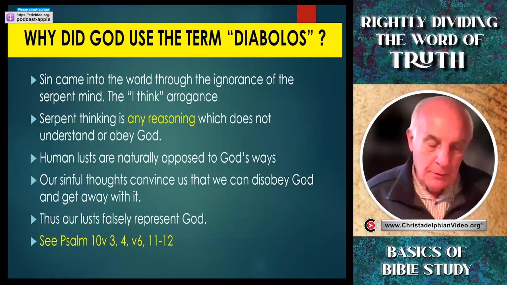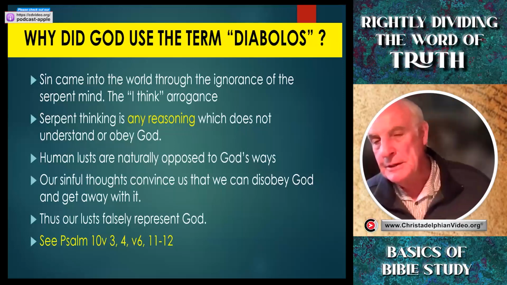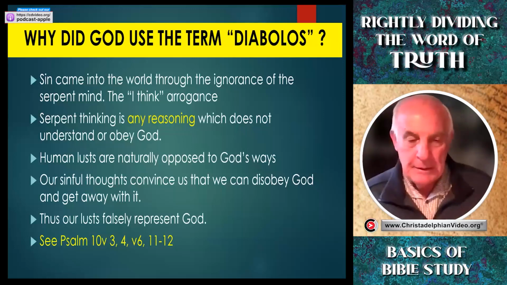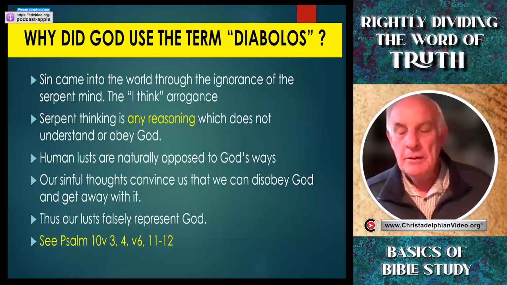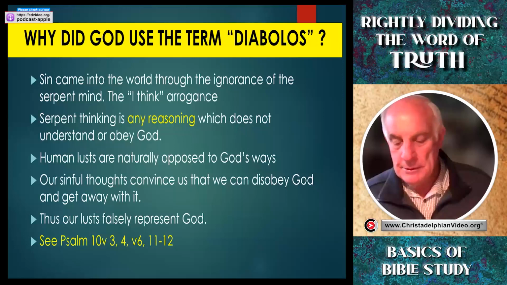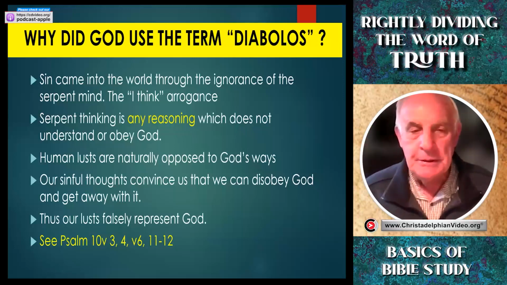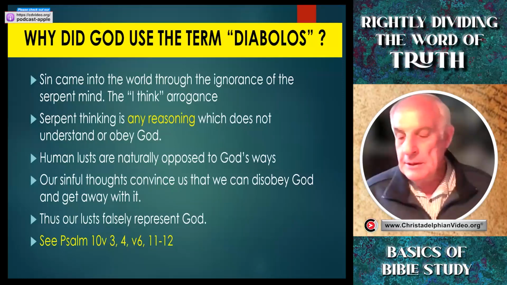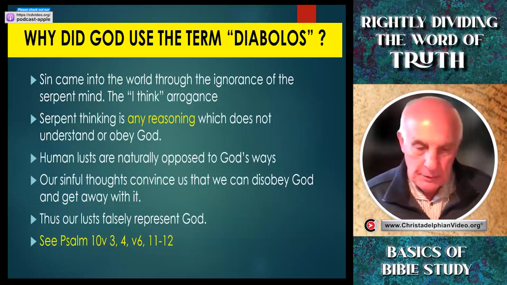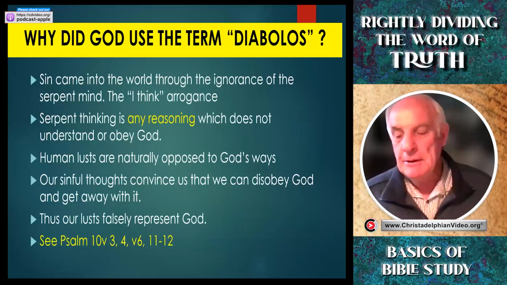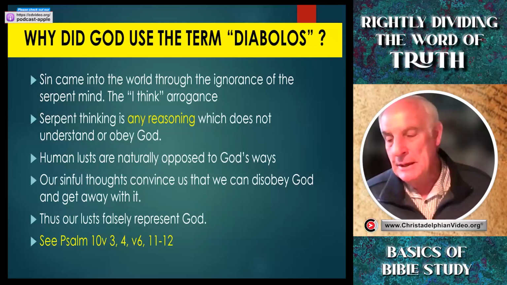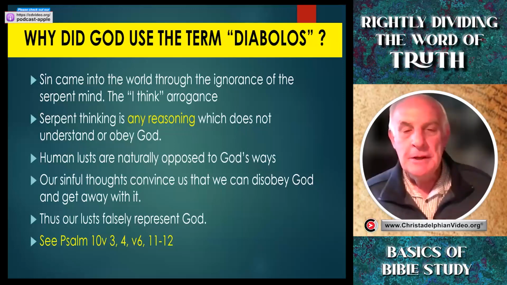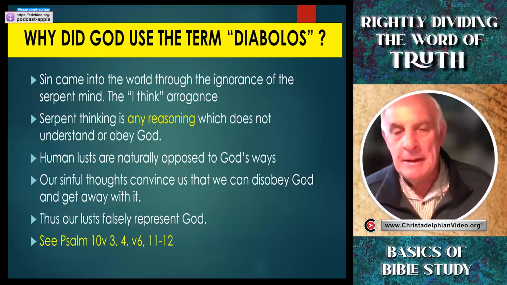The man and the woman had been given a law about the trees, that they could eat of every tree except one particular tree. And if they did, they would surely die. Well, along comes the serpent, and the serpent is an animal. The serpent has no deep appreciation of how God works, of how God will honour his word. So in discussion with the woman, the serpent, having heard the law that the woman recites to him, says, well, I don't think you will die. And that was an assumption based upon ignorance and arrogance. He didn't understand God. He was saying that God would not do what God said. So his reasoning led to the sin of Adam and Eve.